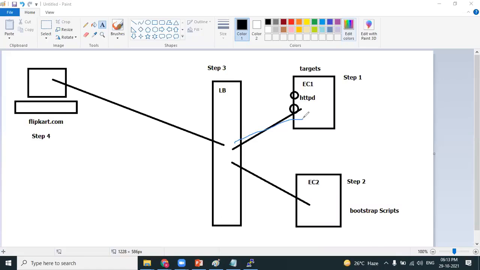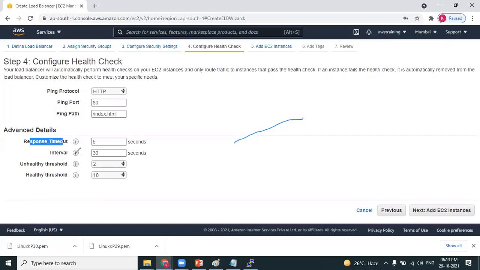By sending a ping request. In networking, whether a connection is established or not, we check by using ping, isn't it, Pawan? Yes, so the load balancer will send a ping request to the EC2 machine and expect a reply. Agree? Yes, sir.